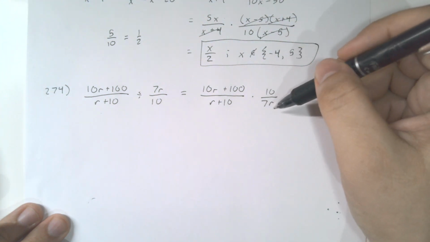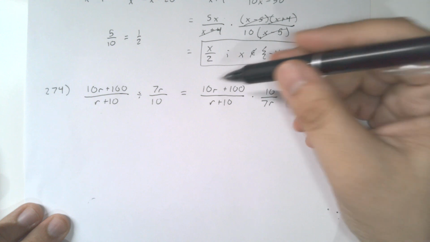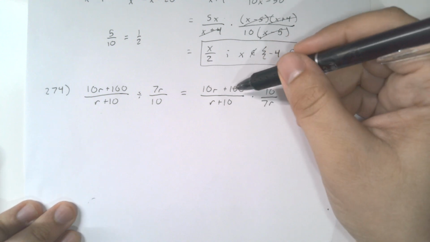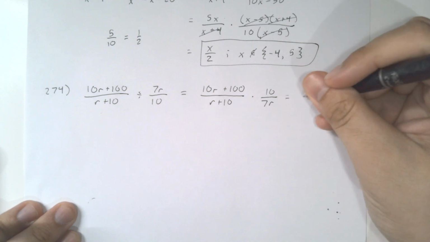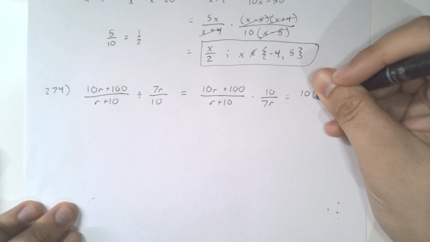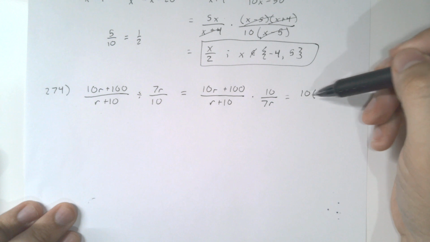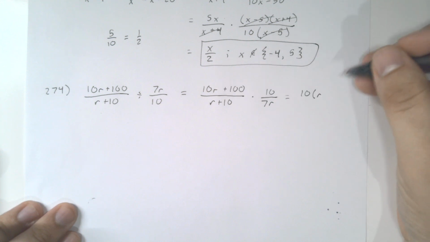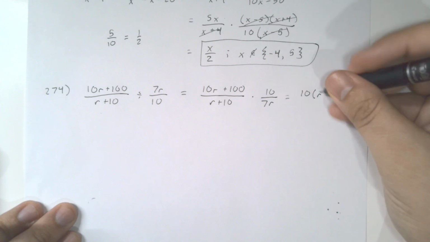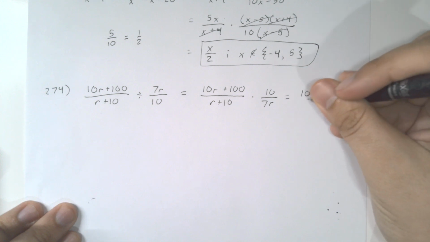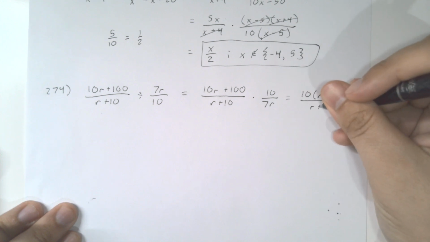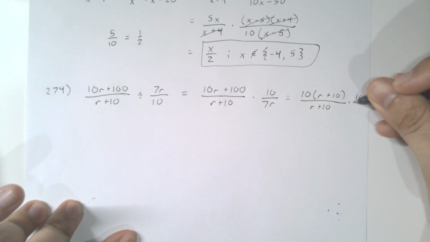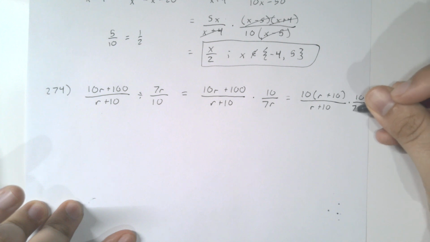So 10 and 7r are already factored, but 10r plus 100, we can pull out a common factor of 10. So we have 10, and then 10 times what gives us 10r? Well, that would be r. And then 10 times what gives us 100? That would be 10. Divided by r plus 10, and getting low on space there, but we have 10 over